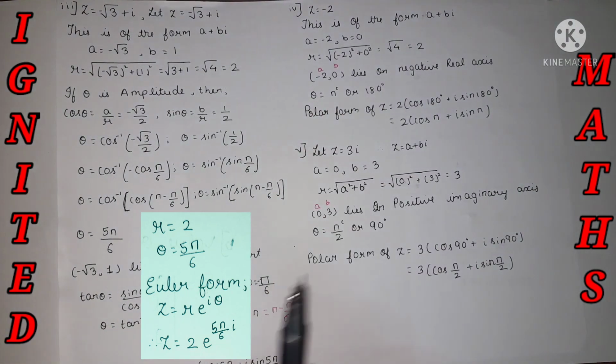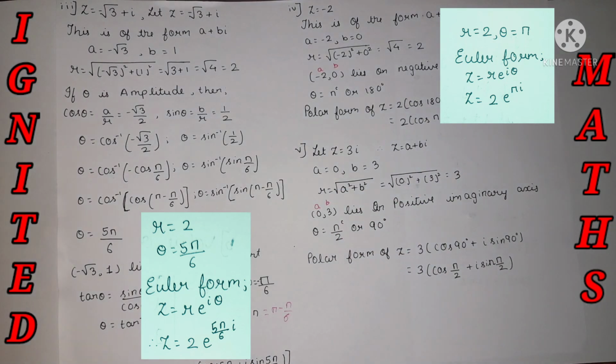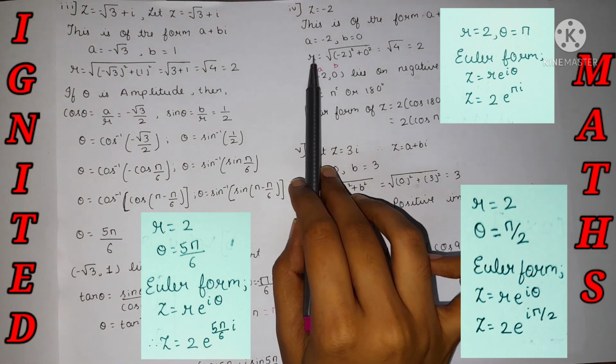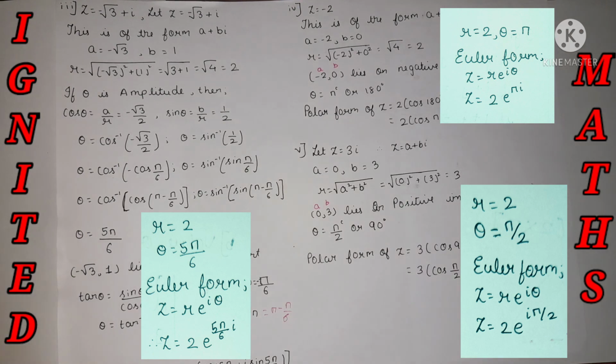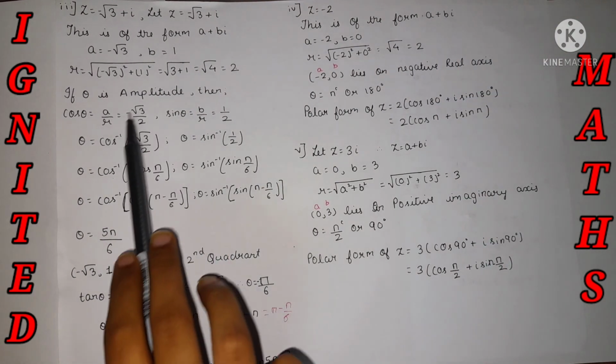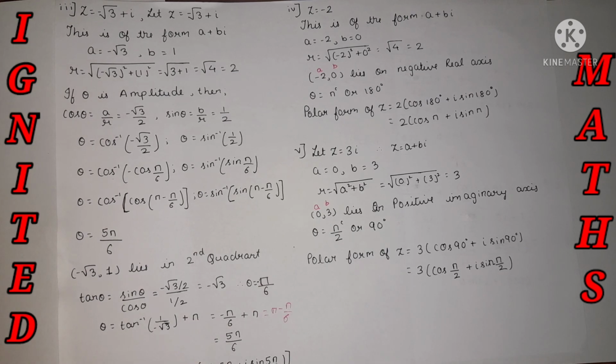Next sum. Then also your concept will be clear. Z is equal to -2. At that moment also it is lying on the negative real axis, as we mentioned for the polar form of Z. Now we are going to express it as the Euler form of Z. So the R value we know and the theta value we also know. It's nothing but pi. So just put it in the formula Z is equal to R e raised to i theta. Then also we will get the answer. So with the same question we can find the polar form of Z and the Euler form of Z. One way of finding the amplitude is by the trigonometric functions of the allied angles. If we can't remember it, the other way is to just remember the coordinate system and we can find it very easily. Okay, the two ways are absolutely all right.